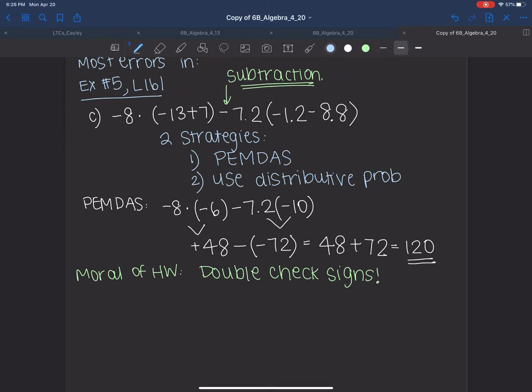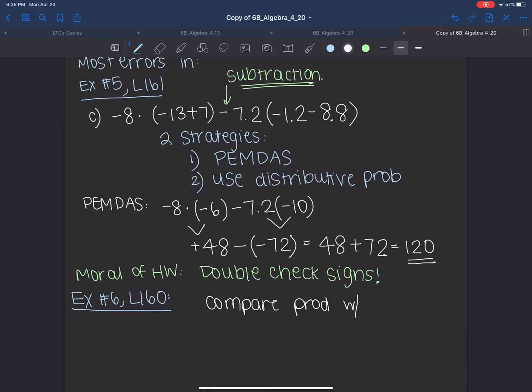Okay, the next homework question we talked about was exercise number 6, and this was in lesson 160. So this question was a lot of fun. The general gist was they gave you 4 numbers multiplied together, and you had to compare the product